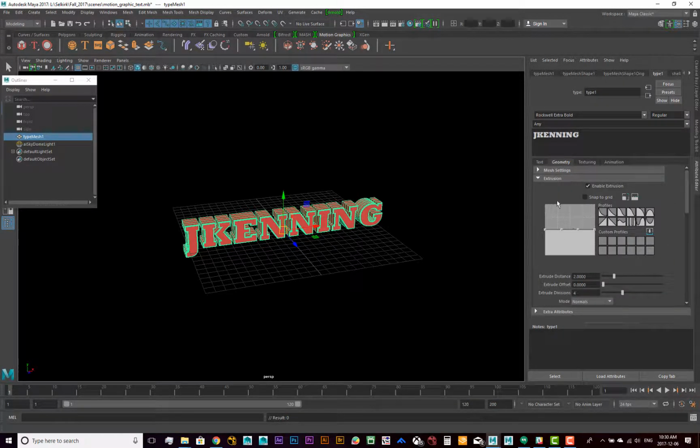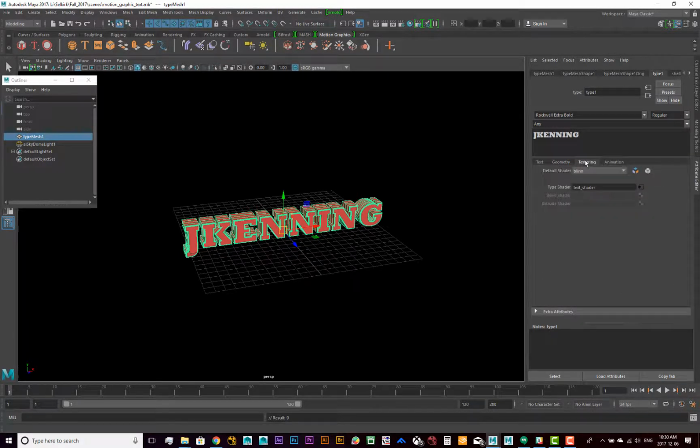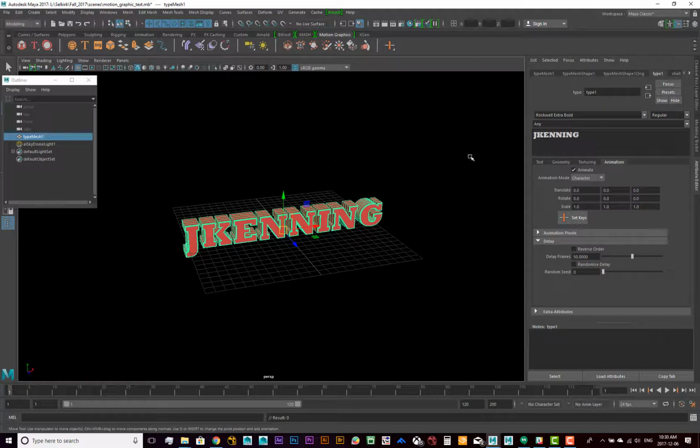This is where you adjust the extrusion depth, your bevels, all that fun stuff, anything to do with the geometry. Texturing, pretty simple. It's got my text shader in there. I rarely use the texturing thing here, but animation is what we want. So I'm going to click on animate, and that will open up all my animation controls, and it's very simple. So we've got